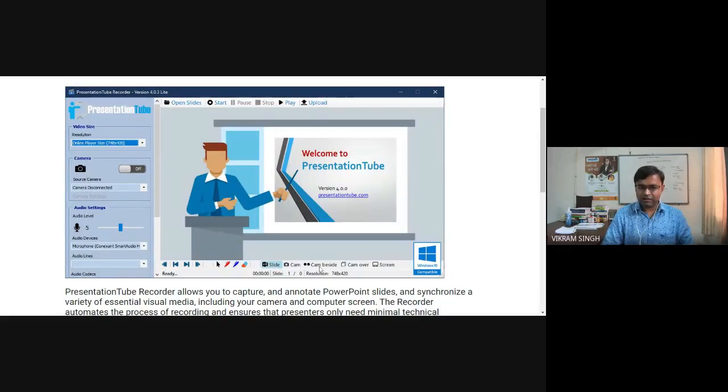Whenever we are recording a video in cam beside mode, we'll have two streams, two portions in the screen to be captured. In one portion, the presentation content or PPT will be displayed. In the right side portion, the presenter video or presenter screen will be available, right? So with this, we will have again this third mode of presentation recording. There we have a PPT, along with it, we will have some kind of video, right?